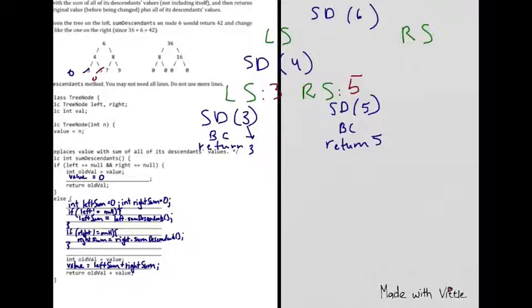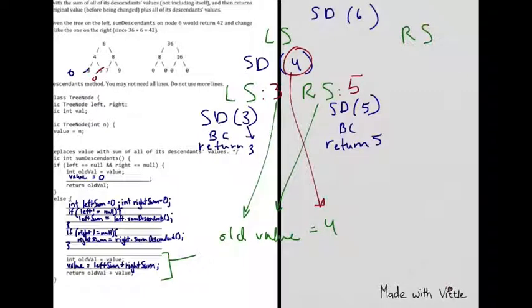So now that we've traversed the left and the right side of the sum descendants of 4, we're going to hit this bottom part. And it's going to involve the return values that we just got, and we're going to set old value first to 4 because that's the call that we're on. And then we're going to go ahead and add up the left sum and the right sum